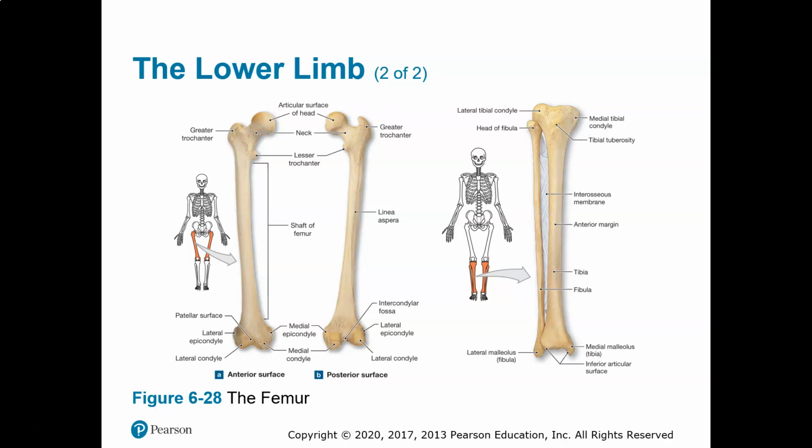With the femur, there are some structures that I want you to be familiar with. I do want you to know the head of the femur and the neck is much longer. There's a very short neck on the humerus, but the femur has the long neck, and then the greater trochanter, the lesser trochanter, and the lateral and medial